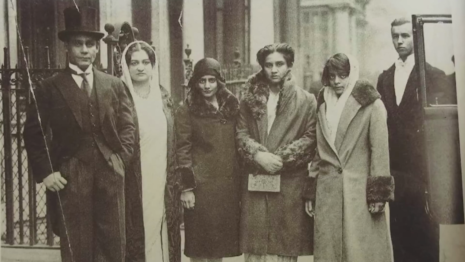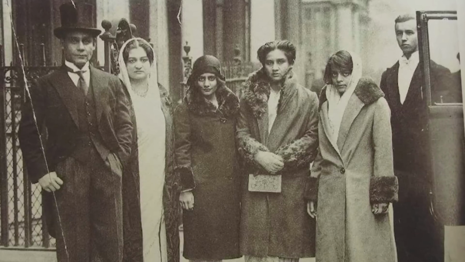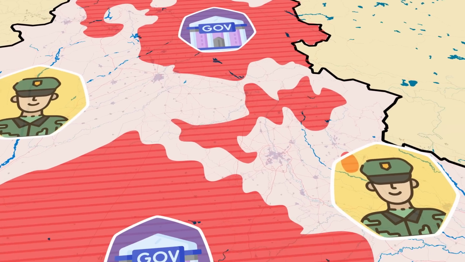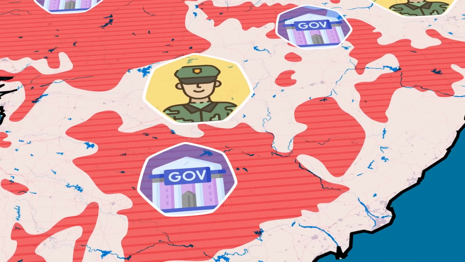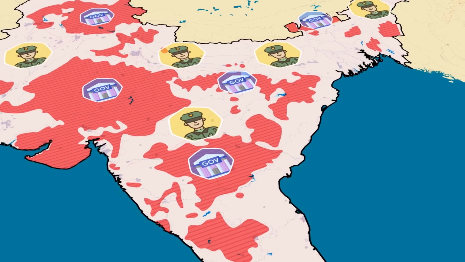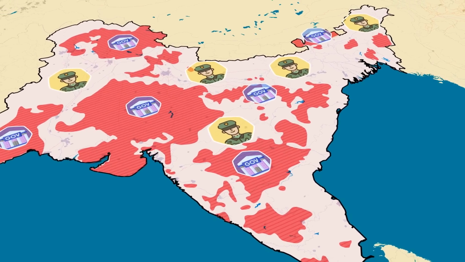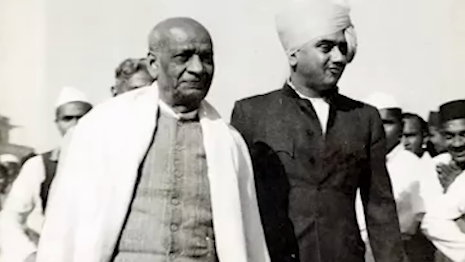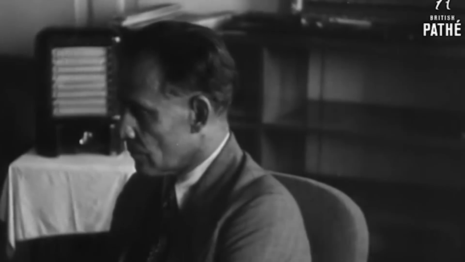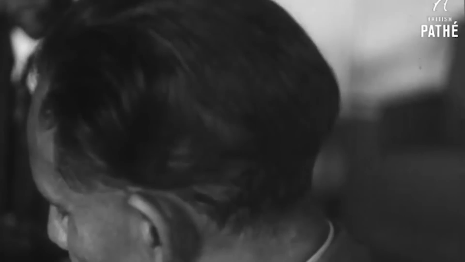Resistance was particularly strong from the Nawab of Bhopal, Hamidullah Khan, who initially sought independence or alignment with Pakistan, despite Bhopal's geographical distance and largely Hindu population. Ideologically opposed to the Indian National Congress, the Nawab was wary of losing his authority and privileges. Patel emphasized the risks of isolation and instability if Bhopal remained separate, warning that an uprising among Bhopal's Hindu population could leave the Nawab vulnerable to being overthrown by angry mobs demanding union with independent India.